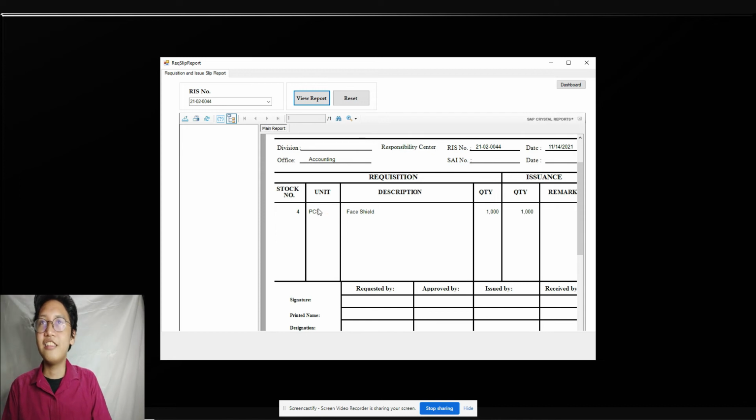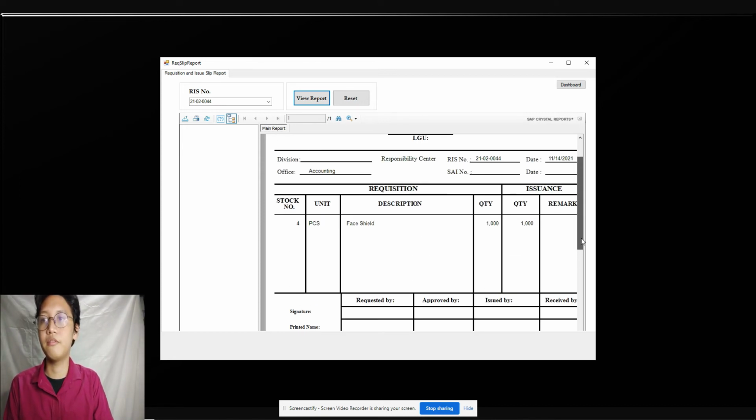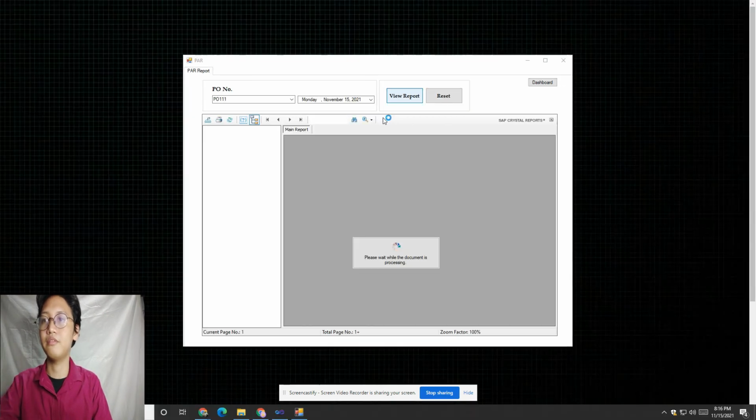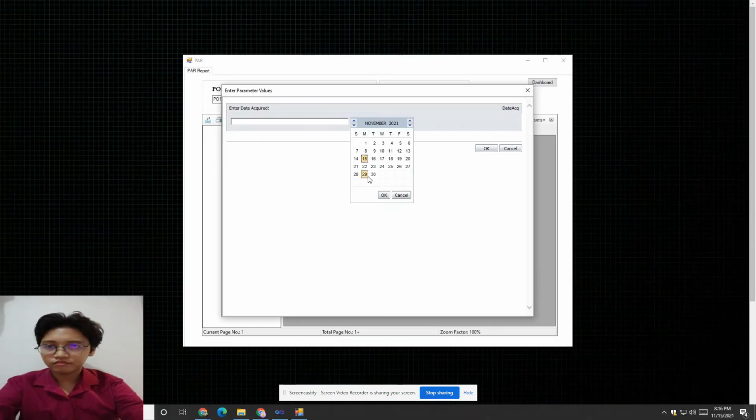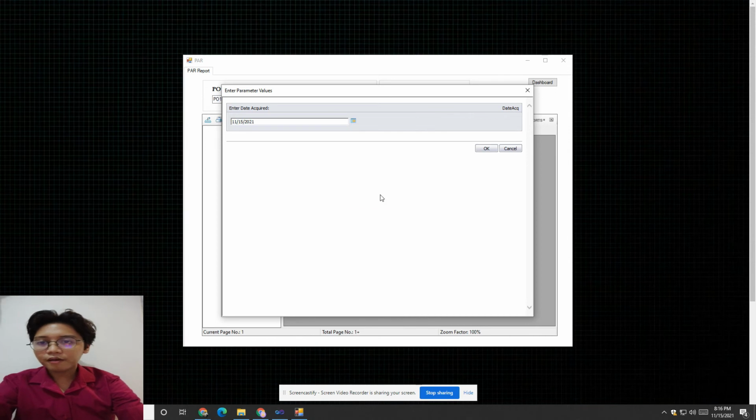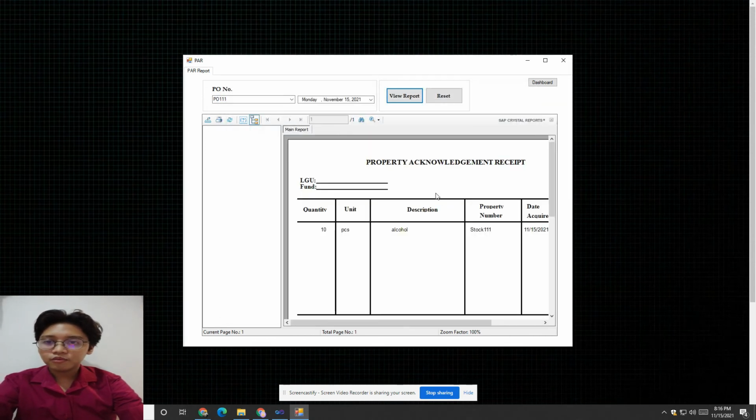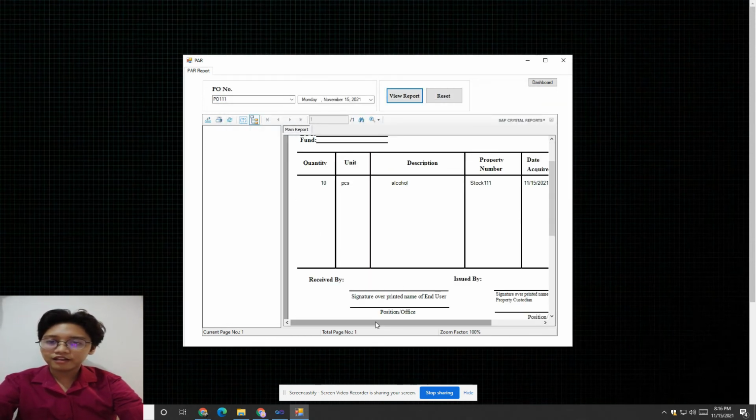Then, the admin will also generate its report for its records. Here, the property acknowledgement receipt will be issued to the receiver of the items.